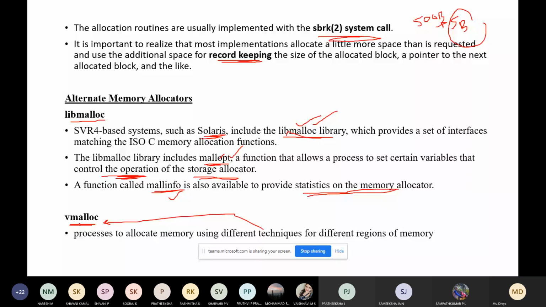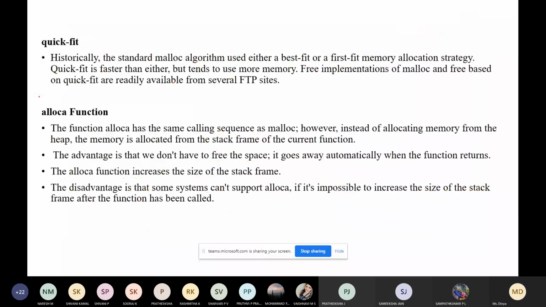The next concept is quick fit. What is a quick fit? The standard malloc algorithm, which we studied, allocates memory based on the best fit or first fit memory allocation strategy. So there are two strategies, right? First fit or best fit.